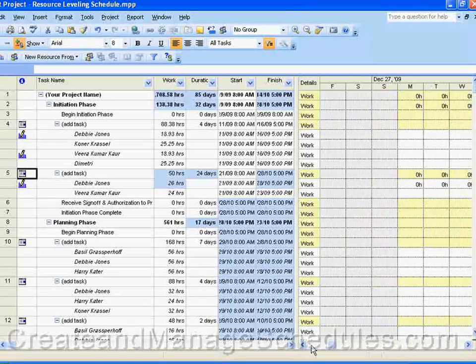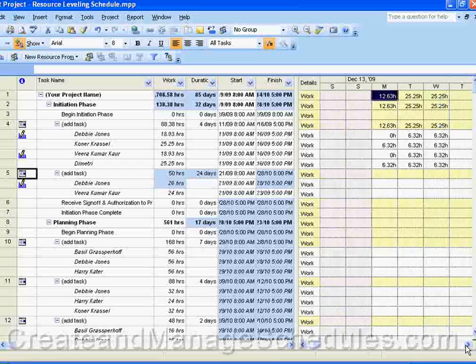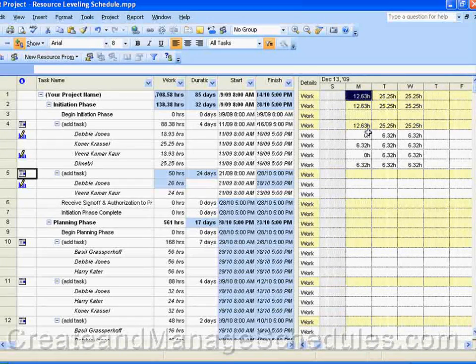And in the Task Usage view, you can see the amount of hours that someone is allocated to work. You can see the task and the resources associated with the tasks. And from here, when you click on a task, this is a task, this is a task,